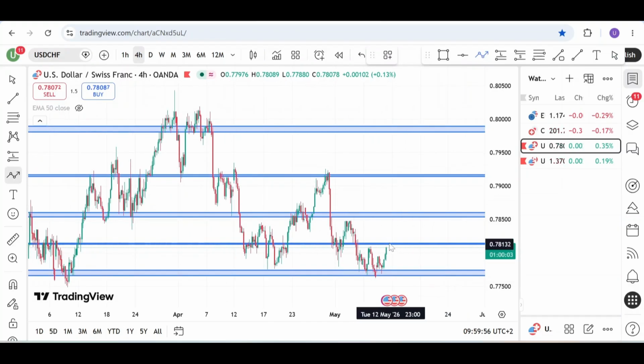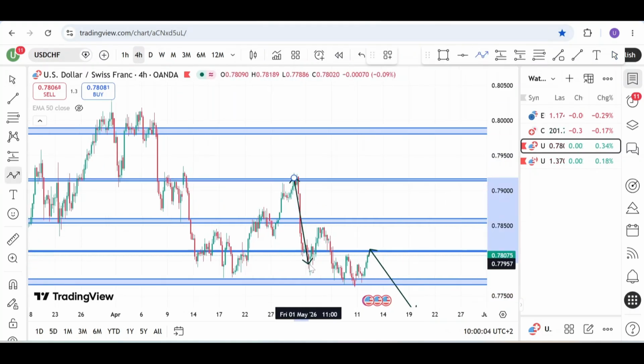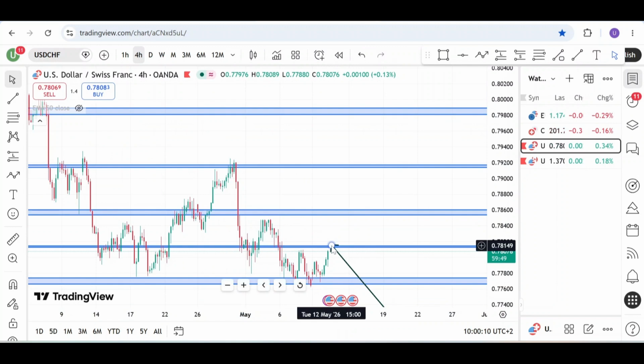We can see the sellers on this resistance who can bring down the price back in a continuation, and then you see the price like this. Or another thing which can happen, in order to step in for buying, we can wait